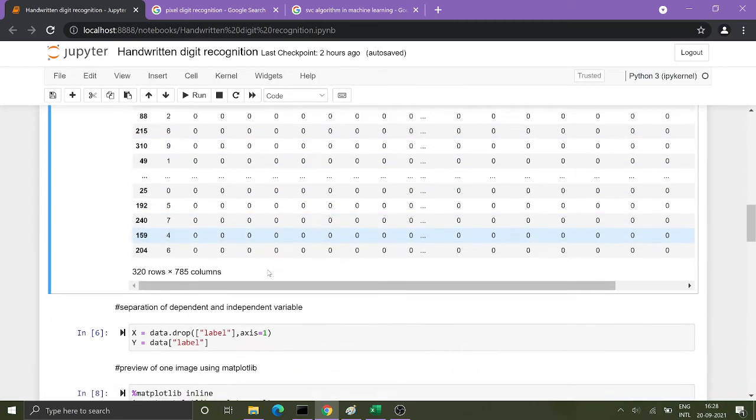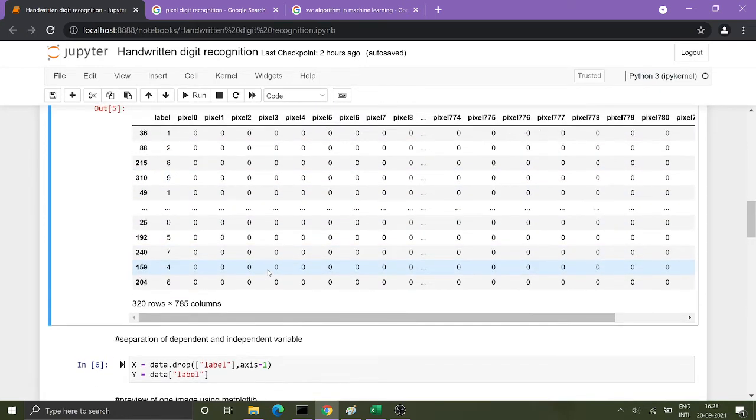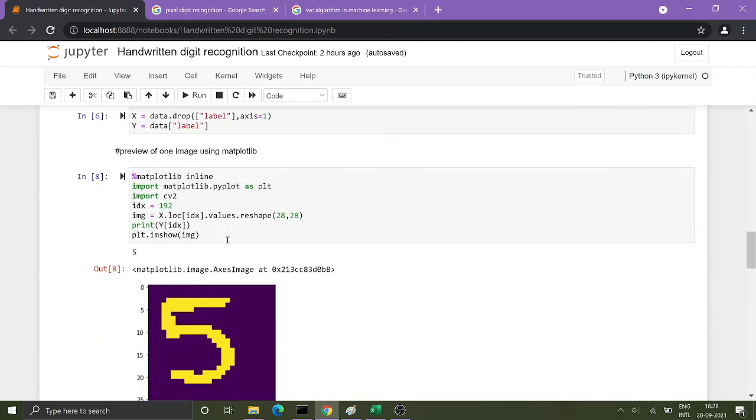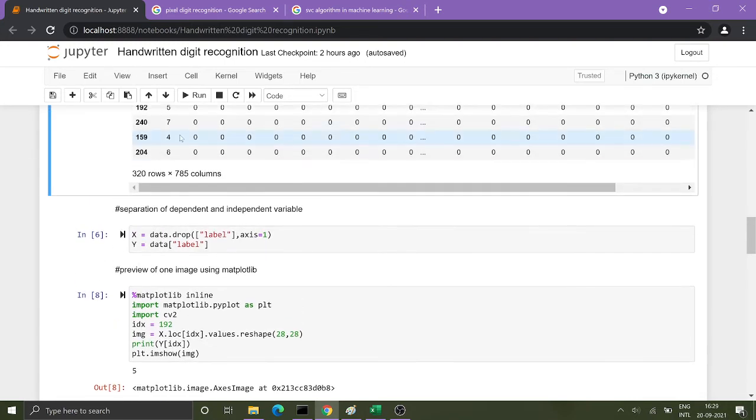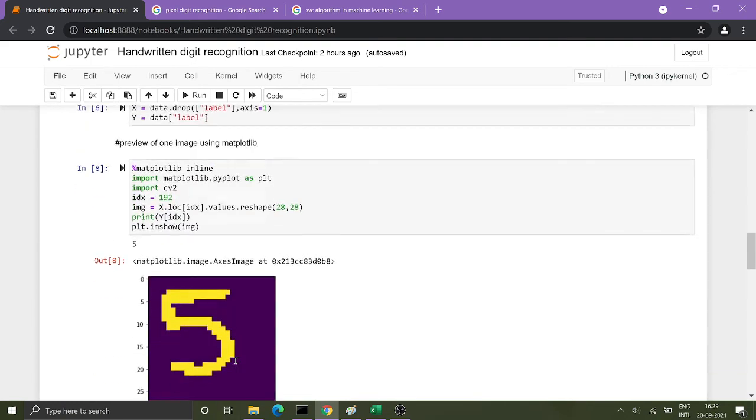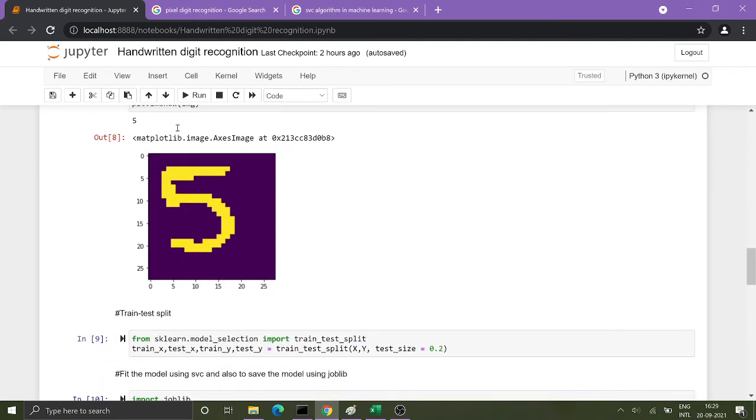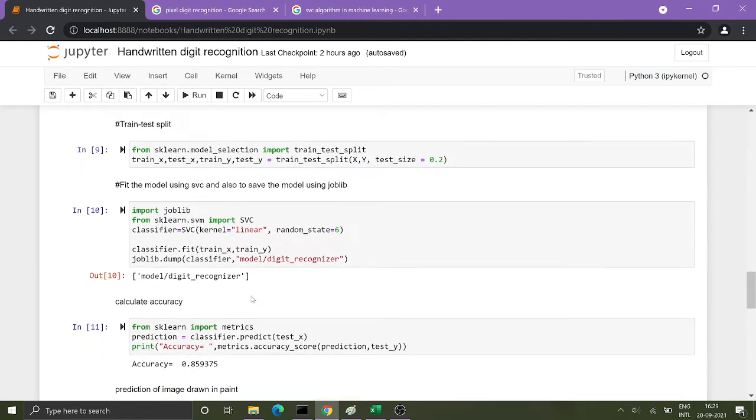Let's see whether the label and the drawn image come out correct. We printed the y index, which is the label, and show image will check the pixels and draw our image. It is coming perfectly, that is 5. So it is correct. Now we'll train and test our model.